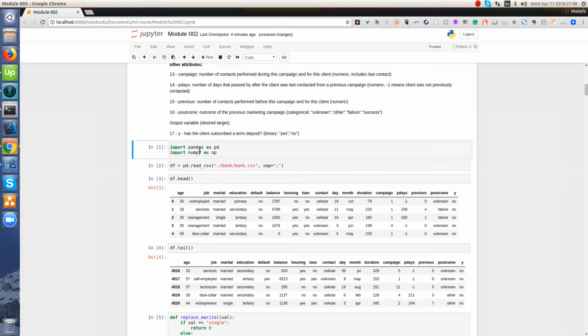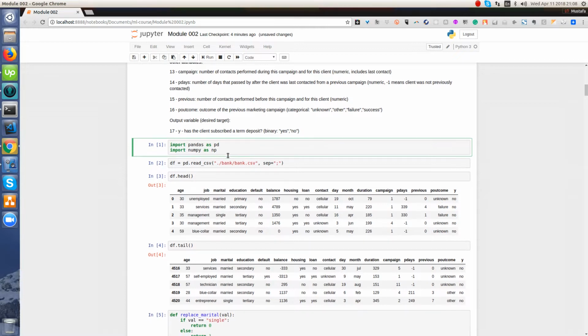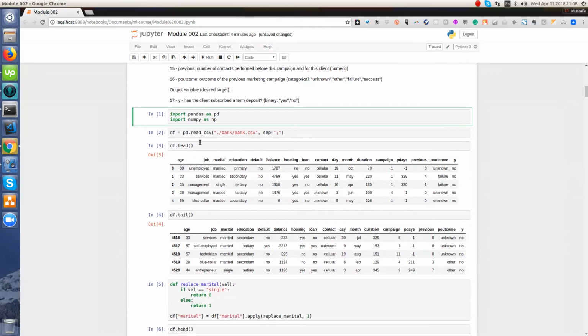We start by importing Pandas as pd and NumPy as np. Then we use the Pandas method read_csv. We give it the location where we have downloaded our dataset of the minimum bank dataset, bank.csv. Let's say that the separator here is a semicolon. Usually the separator is the default comma separator. To inspect our dataset,